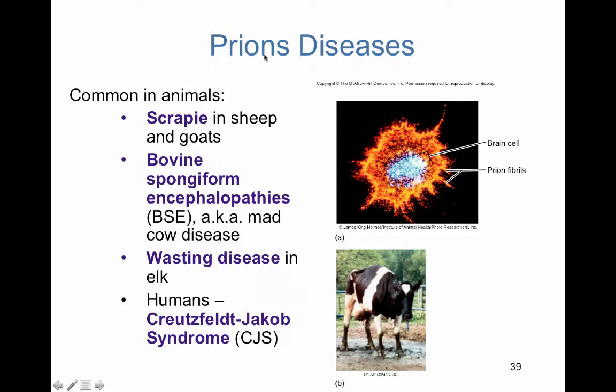With prion diseases, the first one actually was found in sheep, and it was called scrapie because the sheep would scrape all of their hair off of their body as the prion was eating away at their brain. Also, there's the mad cow form, which is the bovine form. Also, wasting disease in elk, and even a human form, Creutzfeldt-Jakob disease, which displays similar symptomatology as all of these others. In the human form, when people are diagnosed, usually they have 3 months to live.